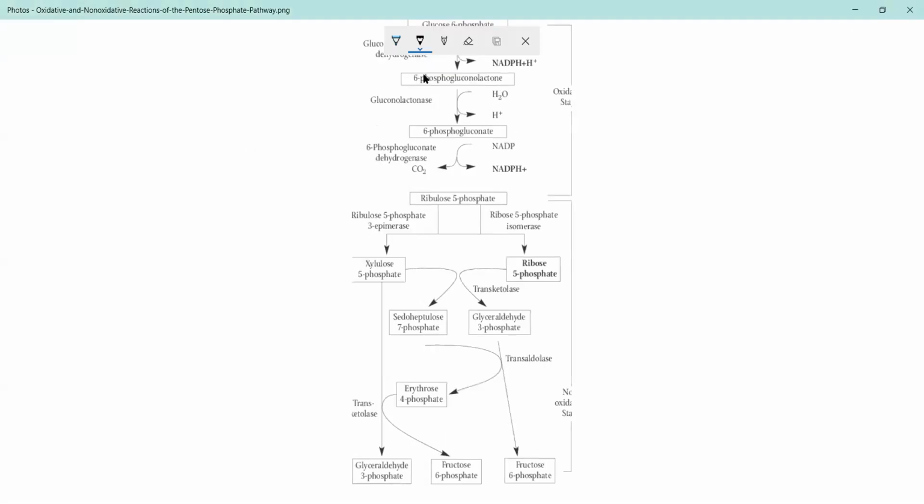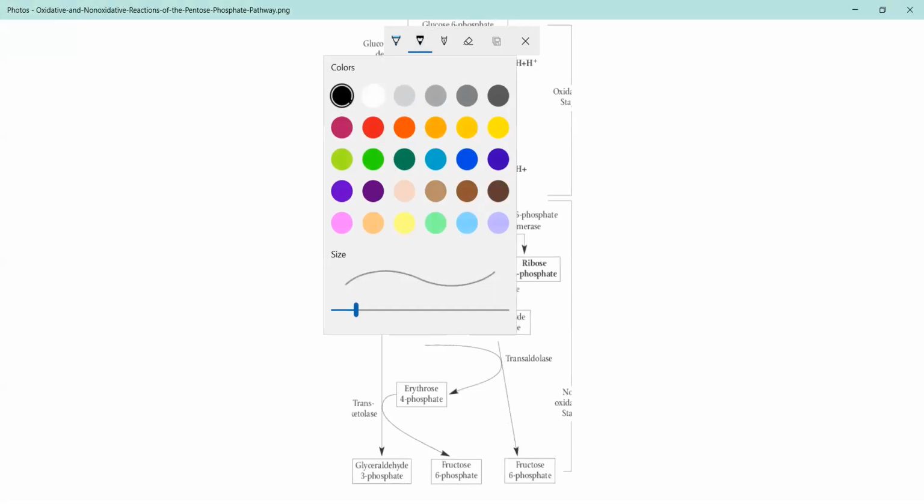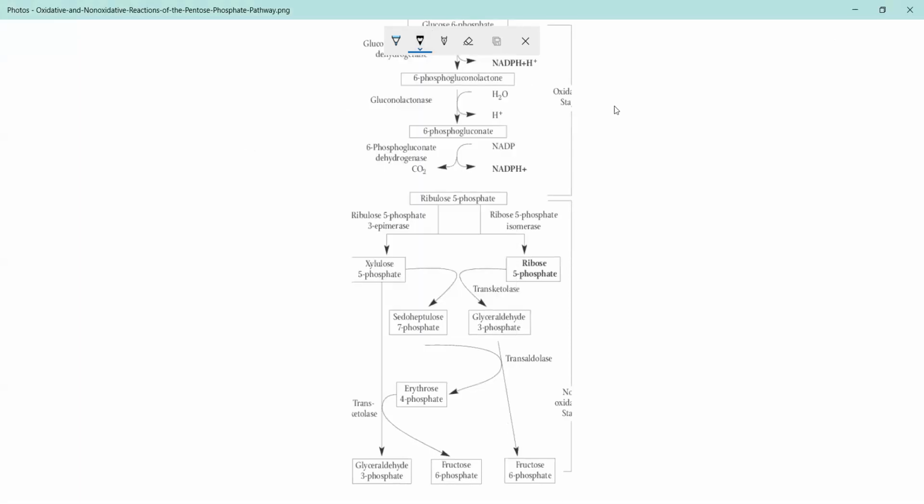Now, here the important point: how energy is being generated, because I told you HMP shunt is used for energy generation as well, right? In particular, as an alternative to your glycolysis and TCA, this is also used. If you remember when I was explaining glycolysis, I told you NADPH undergoes oxidative phosphorylation. There is a different reaction called oxidative phosphorylation, जिसमें क्या होता, NADPH will get converted into 3 molecules of ATP.